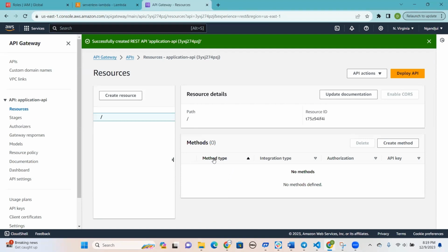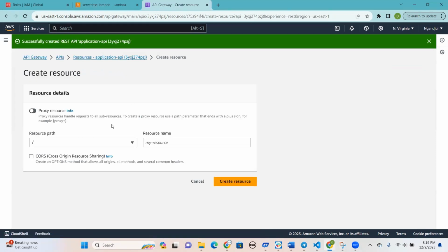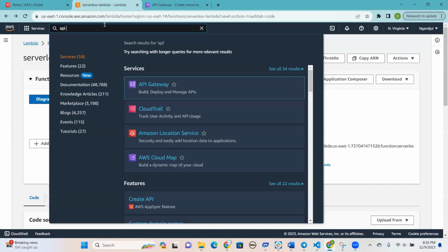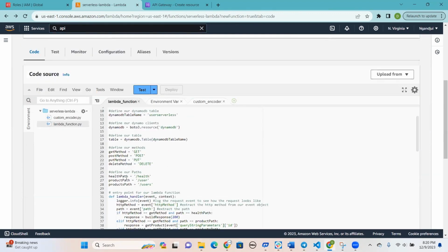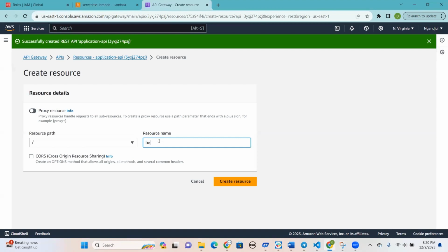So very important, this part. Now we need to create here the method, right? This is where we need to create a method and then the resources and all those stuff. First thing first, we're gonna define the path first. So go here, create. We have how many paths? Let me go back here and see. We have 3 paths: have, user, and users. So let's create that. Have,